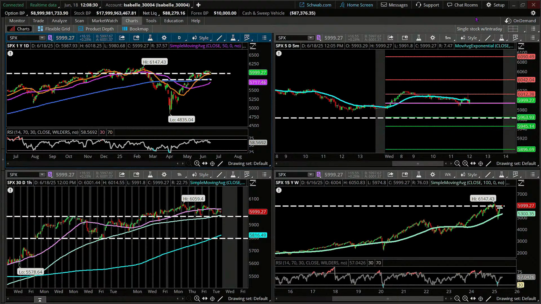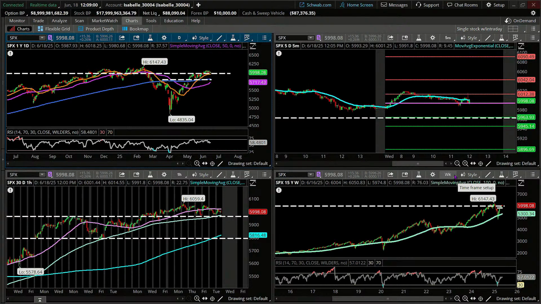So the first thing I'll point out is that each of my tools, or in this case, 4 separate charts, these are all on that number 5 symbol link. And that's why they all show currently as maintaining SPX, right? And I've got, excuse me, a daily chart here. As we move to the right, you can see I've got a 5-minute bar. Move to the lower left, I've got a 1-hour bar. And then to the lower right, I'm on a weekly.